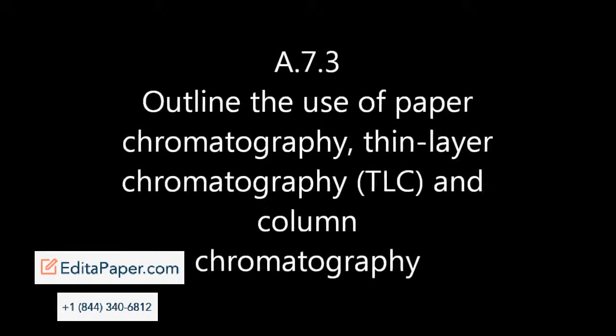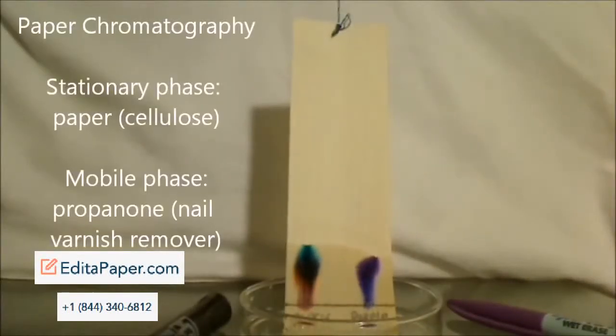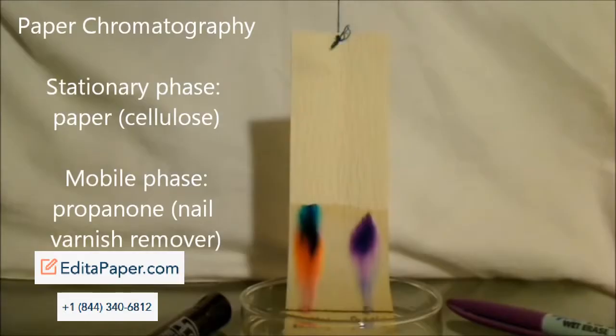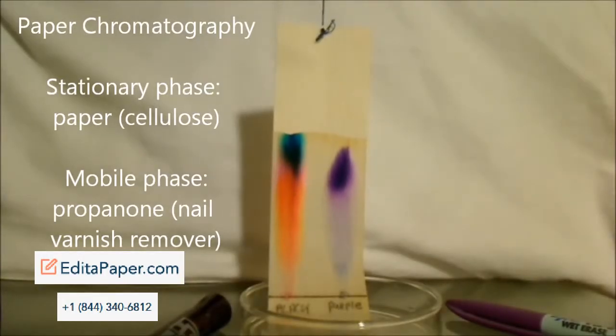Three sorts of chromatography. Let's start off with paper chromatography. The paper is the stationary phase, and the mobile phase in this case is propanone, which is now varnish remover. There's black ink on the left, purple ink on the right. You'll notice that the purple ink's really two different inks, light blue and purple, and the black is many different